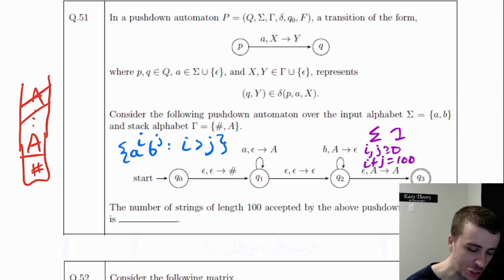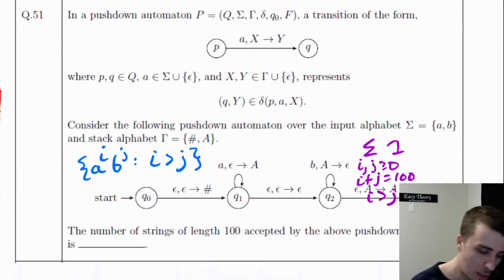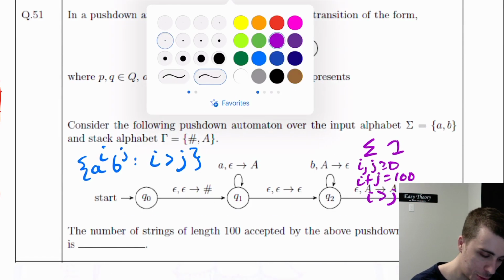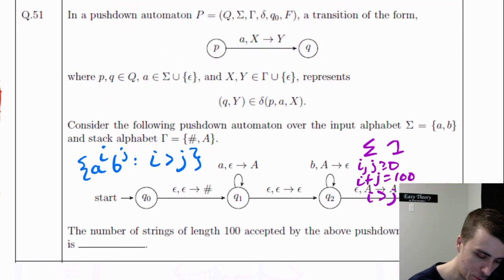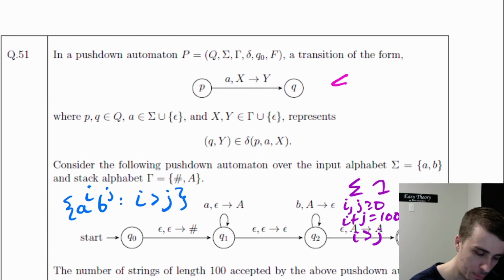J has to be at least 0. So that means I has to be at least 1 according to the condition here. And actually, we need to condition on the fact that I is bigger than J, but that's less of an issue. Okay. So then how do we actually calculate this? So we would need to have...